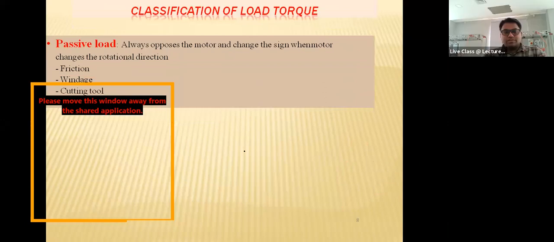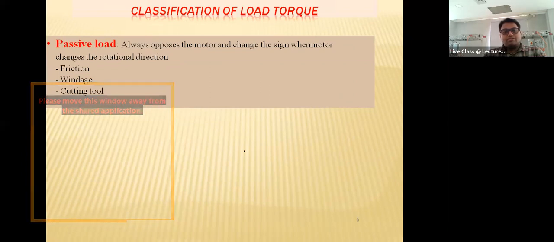Now there is a big classification on the type of load. That's called a passive load and an active load. So what is passive load? Passive load always opposes the motor and changes sign whenever the motor changes its rotational direction. For example,